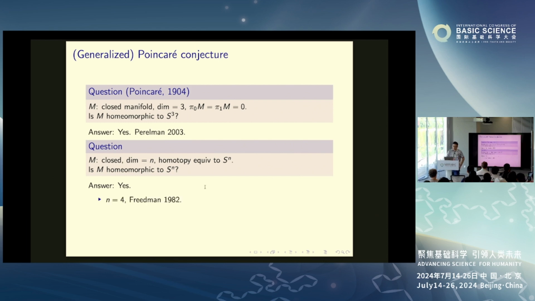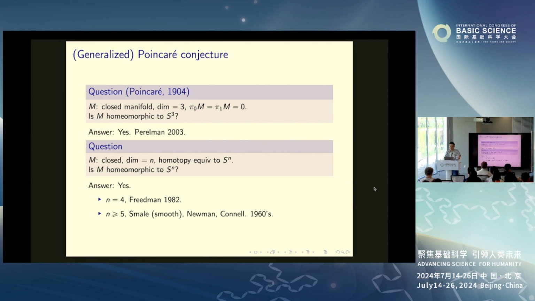So the dimension 4 case is proved by Freedman in the 80s, and the dimension at least 5 is proved by Smale, Newman, Connell in the 60s. So the version Smale proved requires this manifold to have a smooth structure to start with. So the summary here is that in all dimensions, being homotopy equivalent to the n sphere actually implies being homeomorphic to the n sphere. So if we're talking about manifolds that could have a smooth structure, maybe in the smooth category,